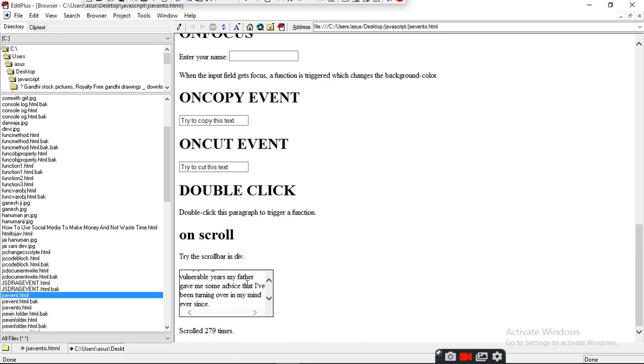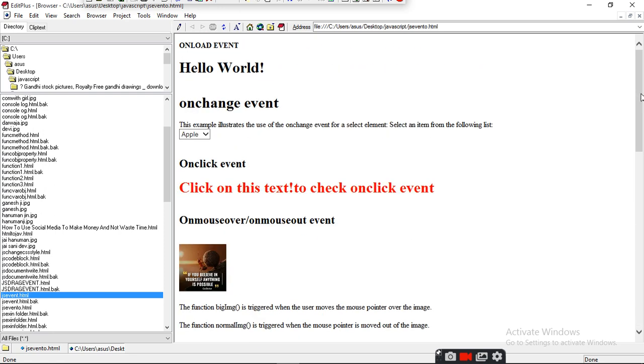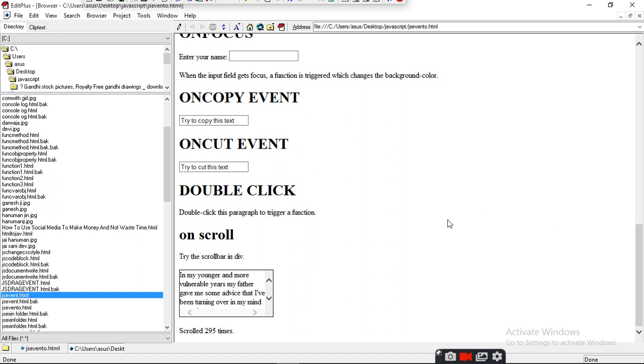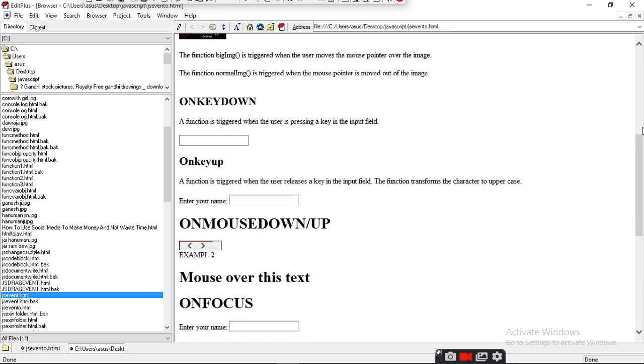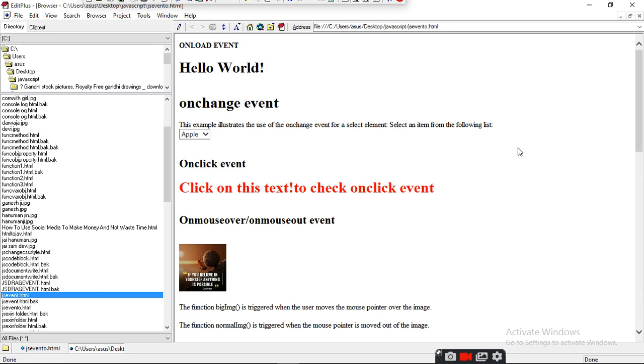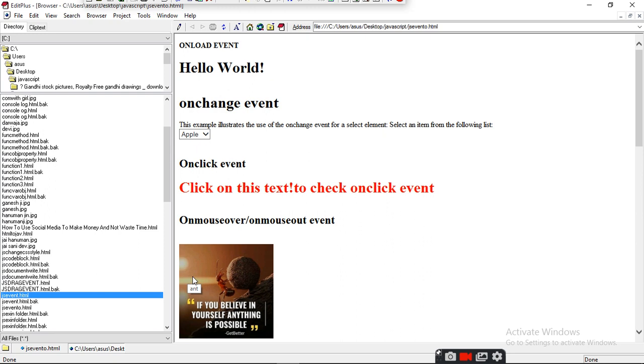So, you scroll the text within the box, same way as you are using in Word. So, today's all events which I have covered, shown you practically, try them at home. Mostly these events are used in programming to make a web page, and they will help you a lot in making the web page. So try it again and again and practice. If you practice, then you can implement it easily on a web page.